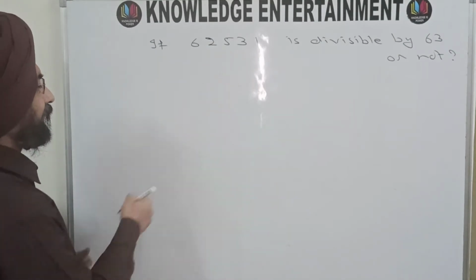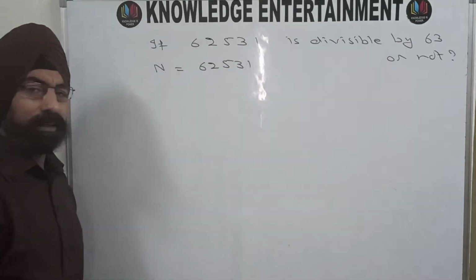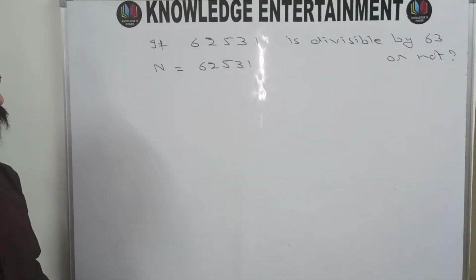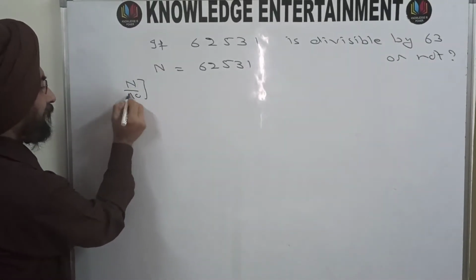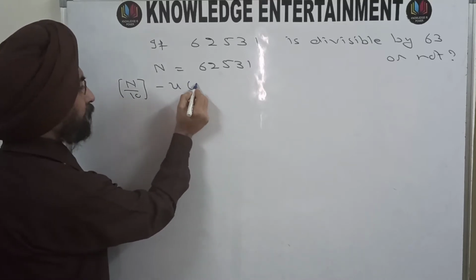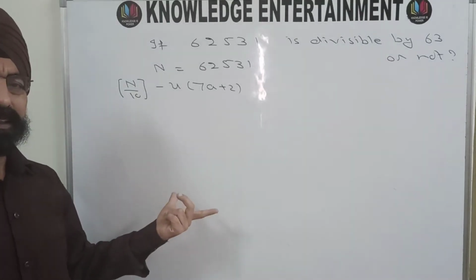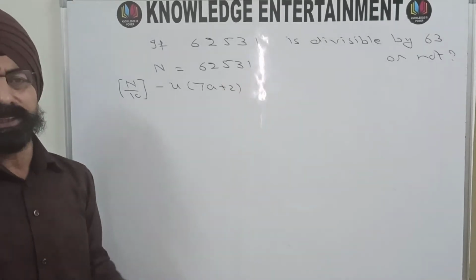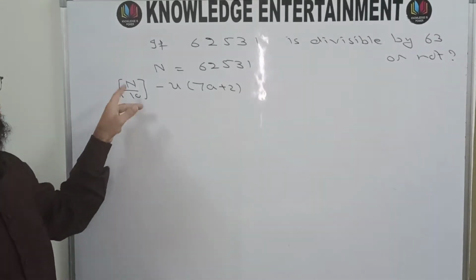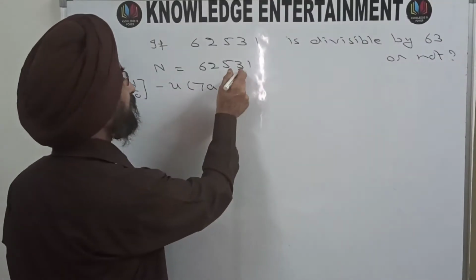It's very easy. This is your number n, 62531. From here, what you want is actually n by 10, greatest integer, minus u times 7a plus 2. Actually you have to calculate this number again and again till it reduces to a 2-digit or 3-digit number, from where we can check the divisibility easily. So for n by 10 box, I have told you that the last digit will be removed. So the last digit is removed, and you will get